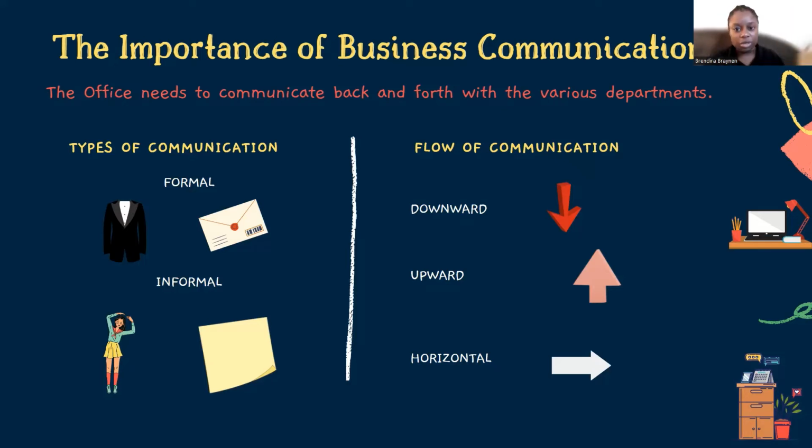Then we have horizontal communication, of course, which happens with people on the same level. So line staff on the same level can communicate across each other and share information as well. That's considered to be your horizontal communication. There may be managers on the same level, all senior managers, communicating with each other as well. That's communicating on a horizontal level too. And no matter what flow the communication is, downward, upward, horizontal, no matter which type of communication, formal or informal, no matter who it's going to, internal or external, it's important to the business.